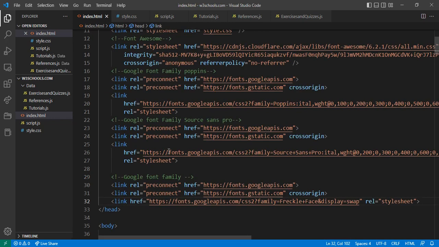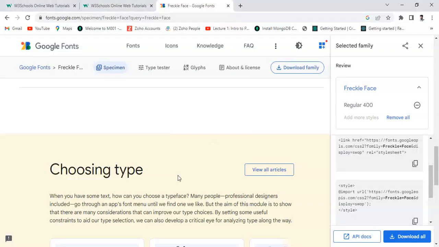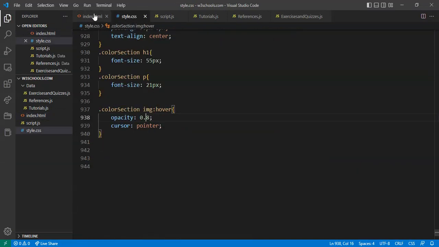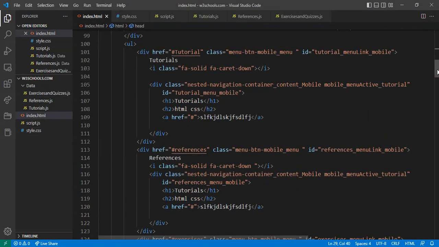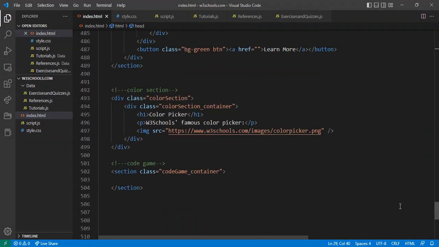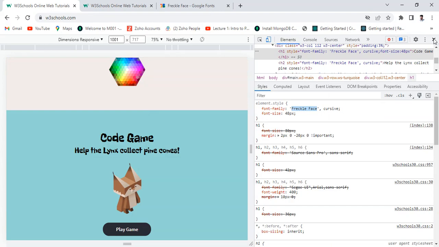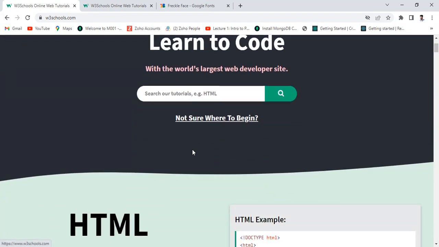Now let me go here. Here I guess the font family will be Freckle Face, and now this will be done. And let me check the bottom side, inside that I want to insert. First of all I want to insert